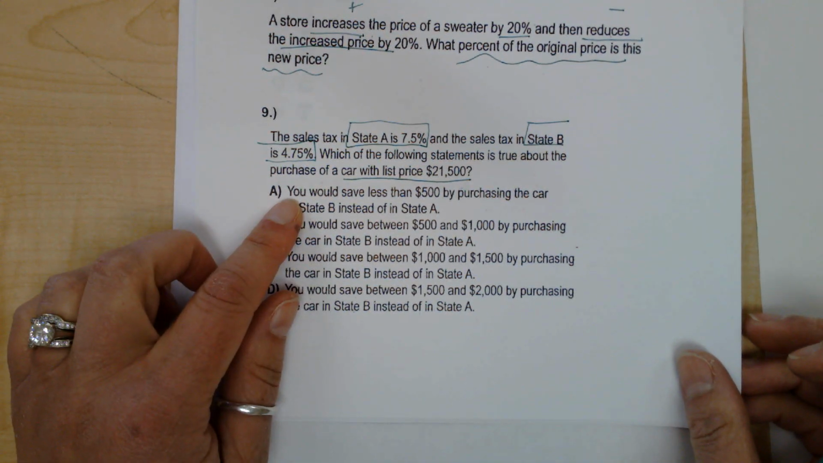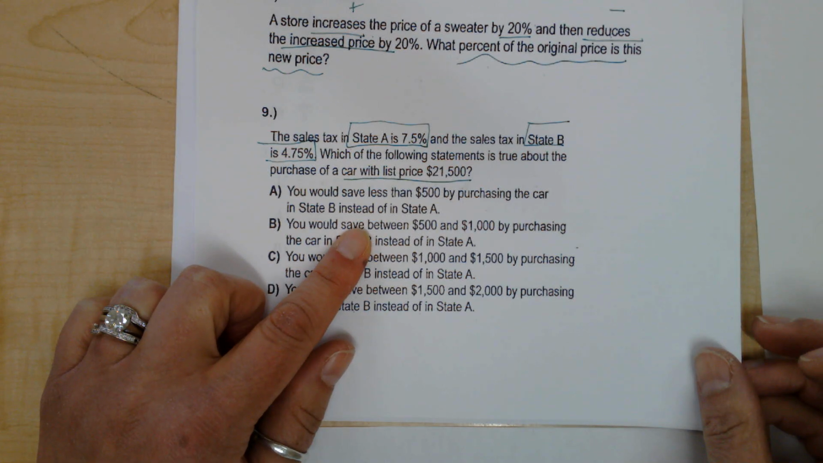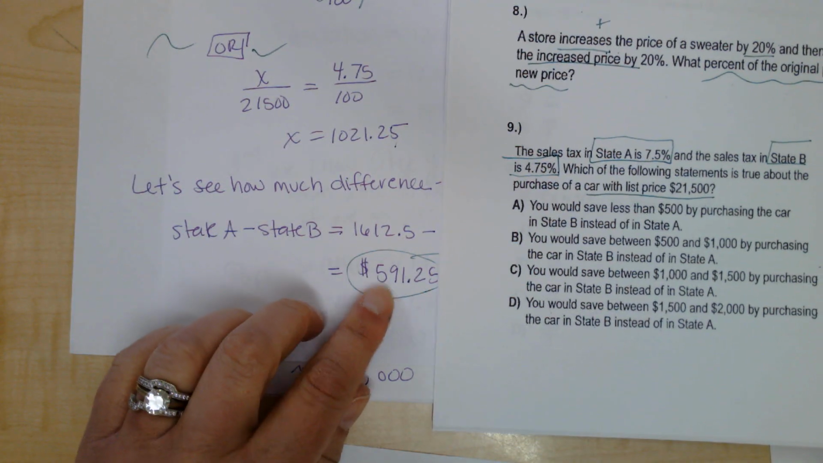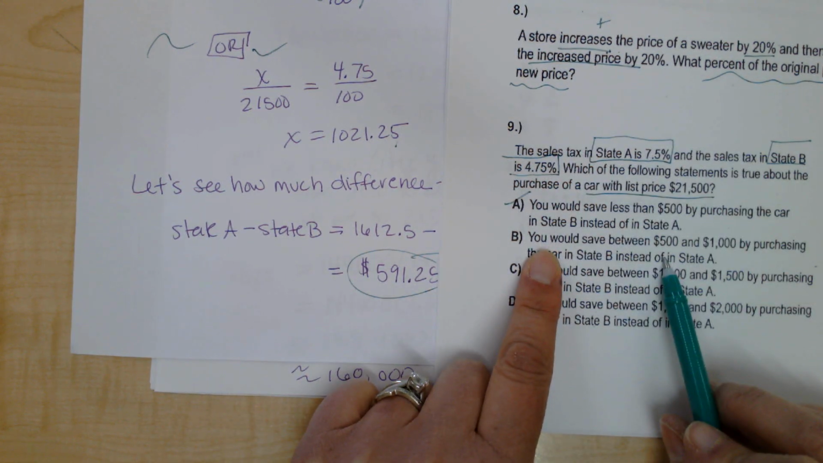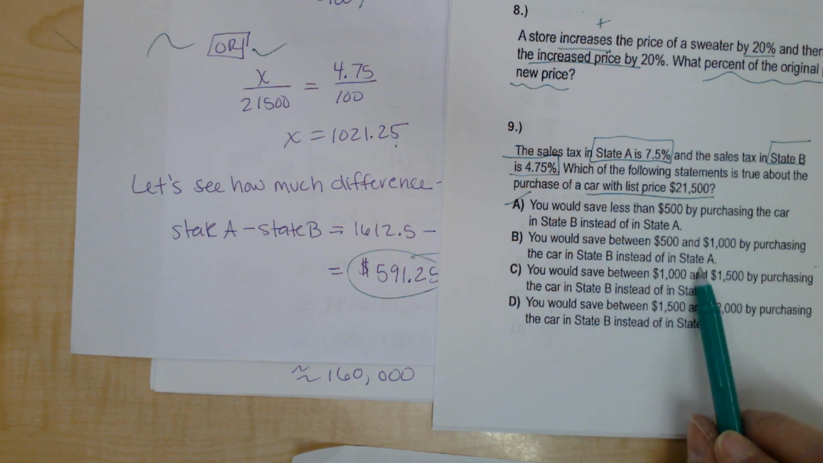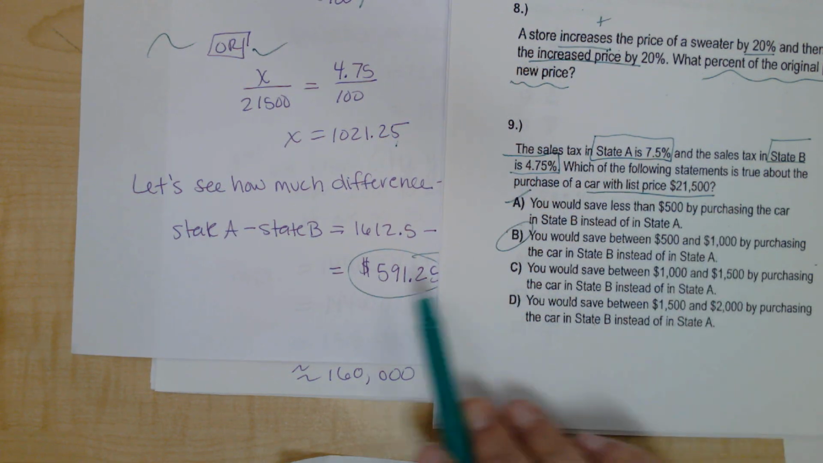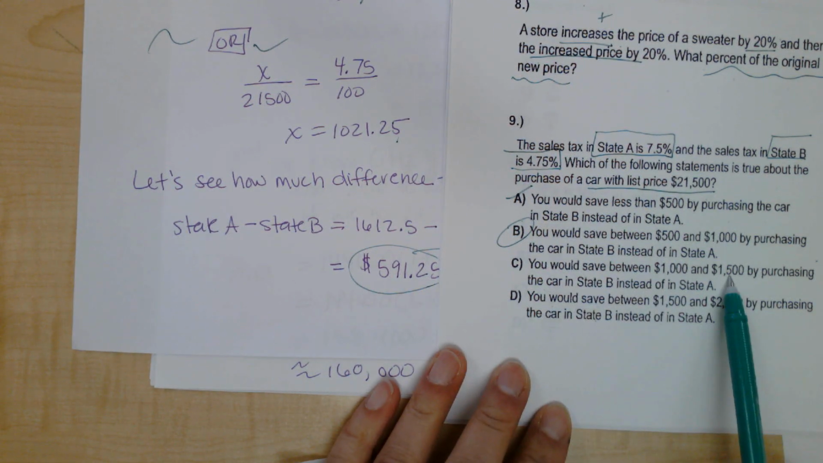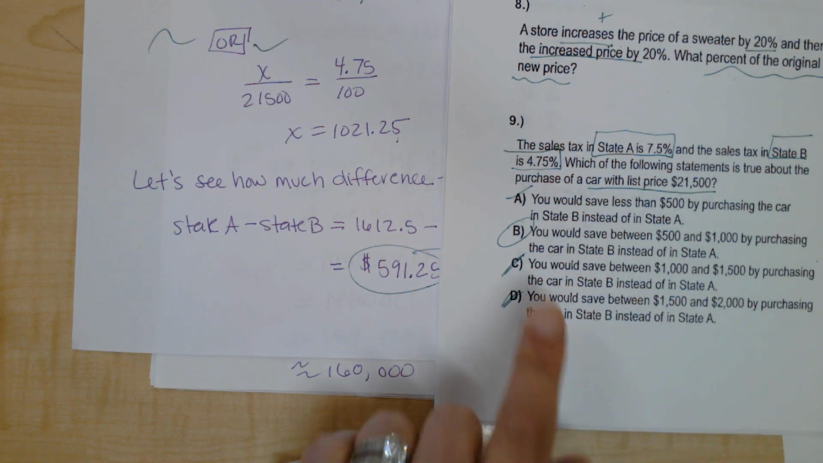You would save less by purchasing in state B than less than 500. Let's see, am I saving less than 500 here? No. Okay. You would save between 500 and 1,000 by purchasing the car in state B instead of state A. That's a possibility because this is in between 500 and 1,000. You would say between 1,000 and 1,500? Nope. Okay, so automatically